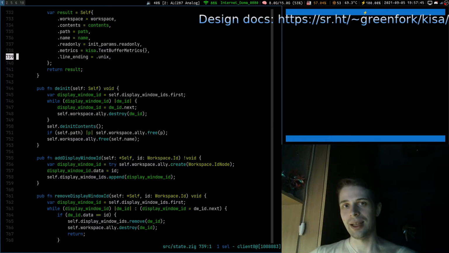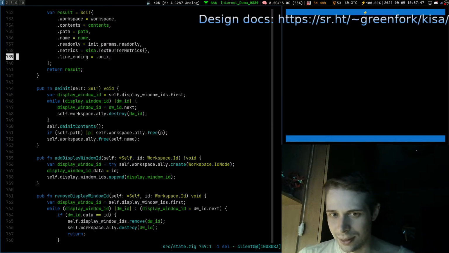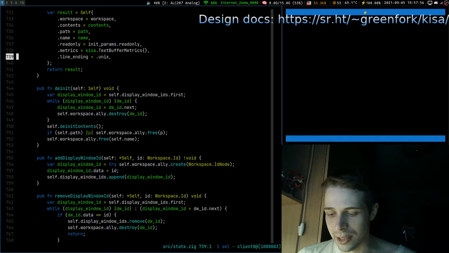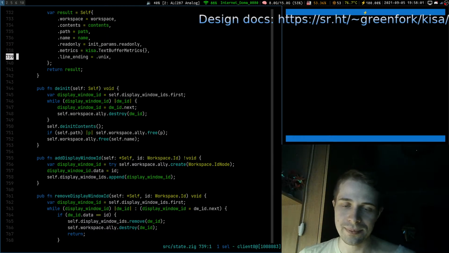But now it feels like a lot of levels of abstraction. Do we really need to go this route? At the same time, it does decouple managing resources and changing the state of the text buffer, and testing different implementations.